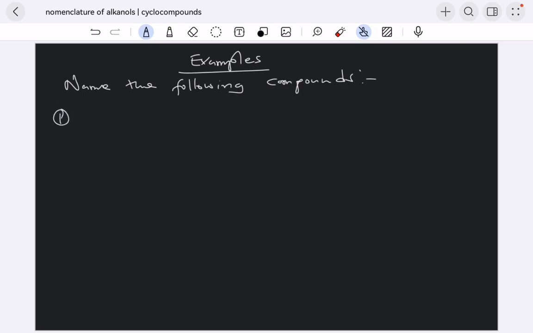Let's say, for example, we are given something like this: CH2, CH3. So what could be the name of this particular compound? When we look at this from a structural point of view, we are looking at something like this,